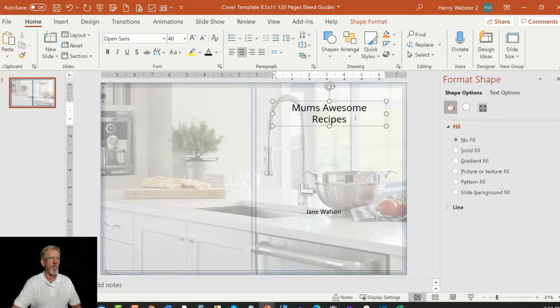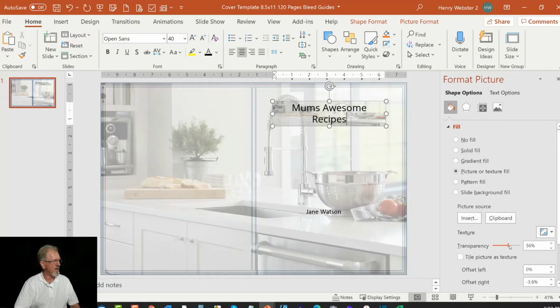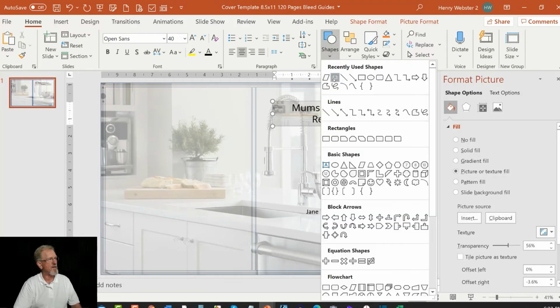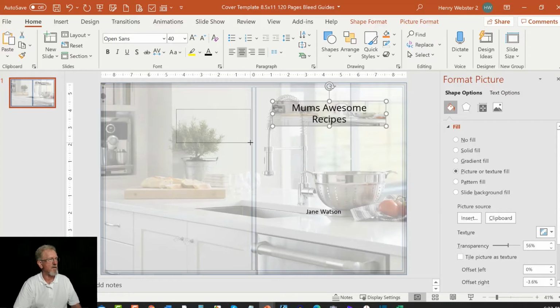You may wish to do a bit more to it than this, but that's pretty much all you really need to do. Now you've got the picture and so forth. Let's go back here, and let's say for example we want to add one to the spine. So that's fine. All we have to do is go back here to shapes, go back here to text, go here and say